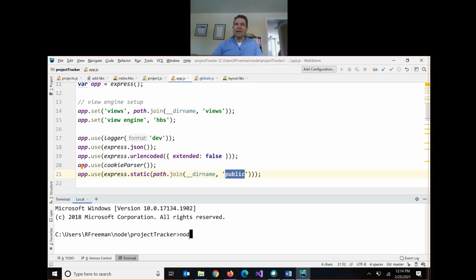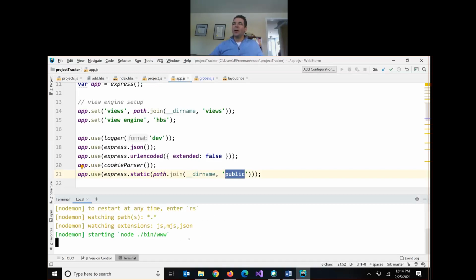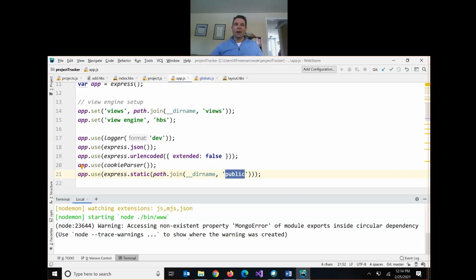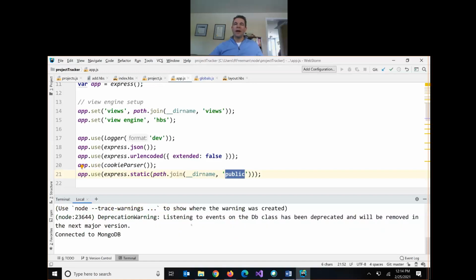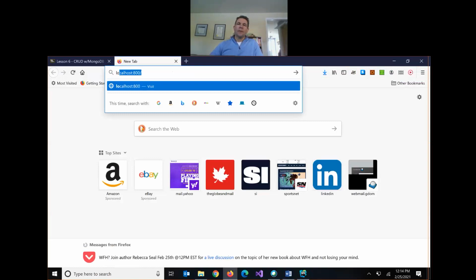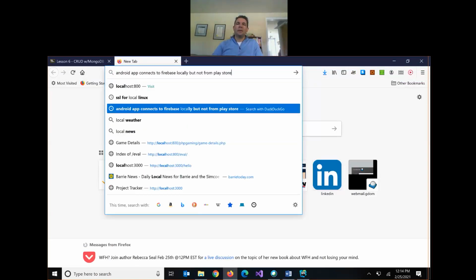It's been a week, so it's a good idea for us to have a quick look at it so we can remember how we left off. So when we start it up, we get a connected to MongoDB message. And at localhost 3000,